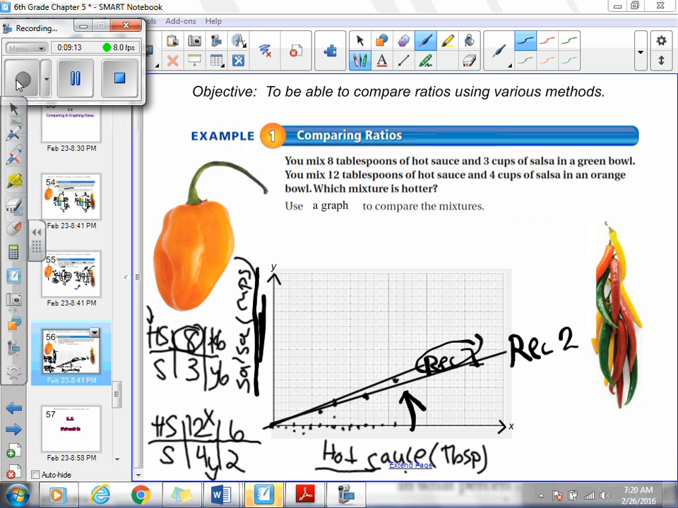Whereas recipe 2, the amount of salsa, our y number, isn't as high on the grid. So our y number is always below the y number, or the salsa amount, for recipe number 1. So this again shows us that since the rate of salsa isn't increasing, there isn't as much salsa in recipe number 2, which shows us that recipe number 2 will be hotter. If you had flip-flopped the axes, then it would have looked a little bit different, but still you could tell that the hot sauce was